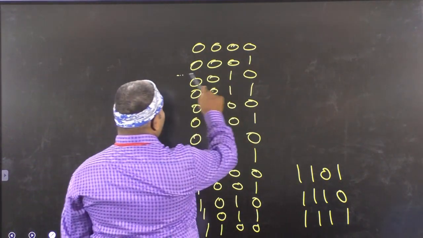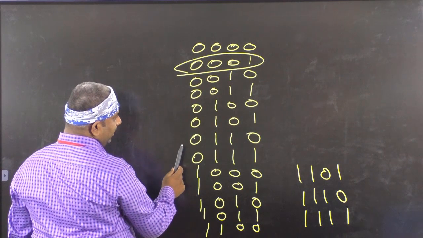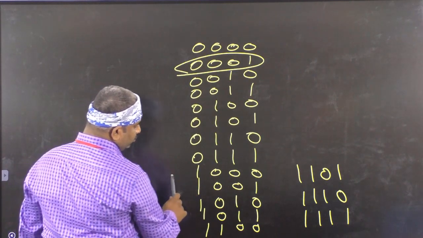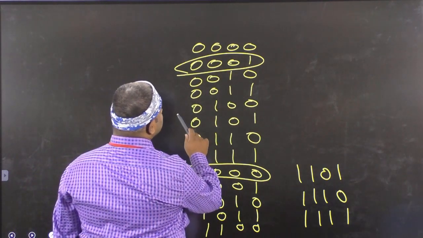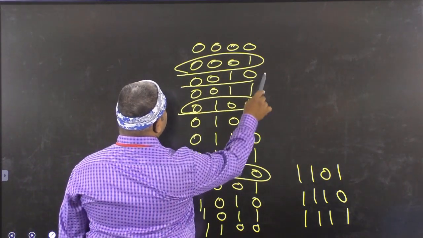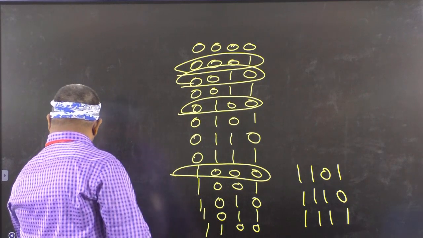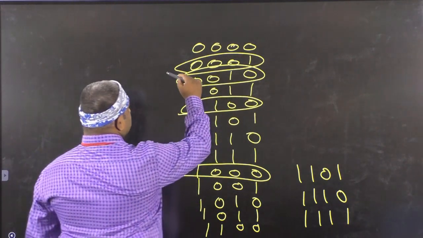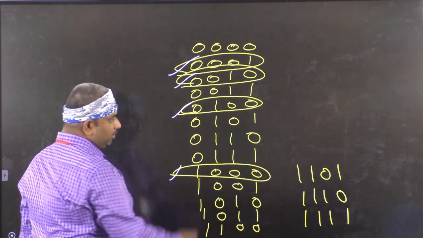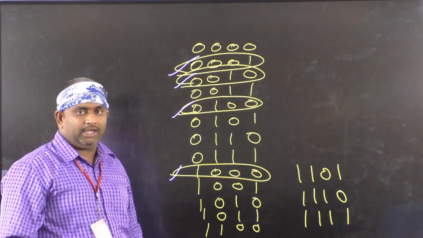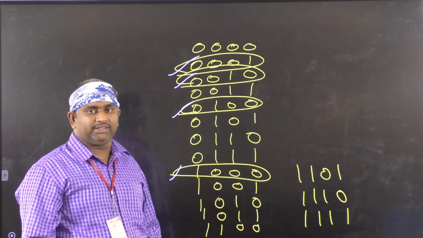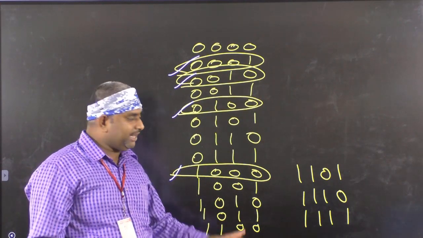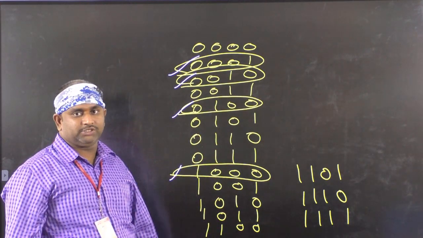So in this we have chosen this one, and next we have chosen this one also, and this one also, and this one also. Right? This one, this one, this one, this one. These 4 combinations we have chosen. But there may be a chance of getting the remaining combinations also at the input side of the encoder.